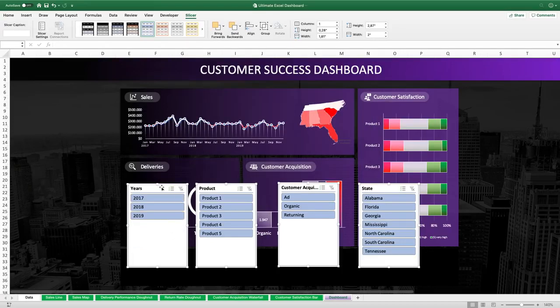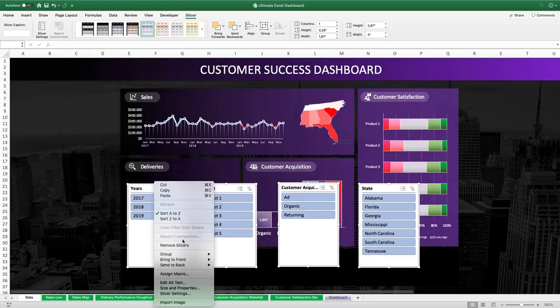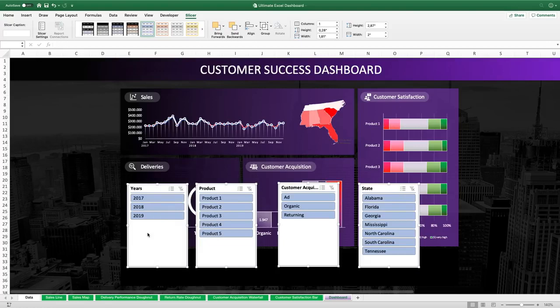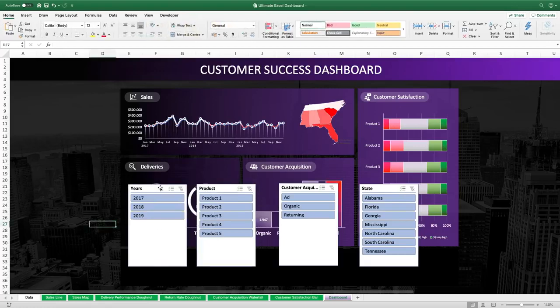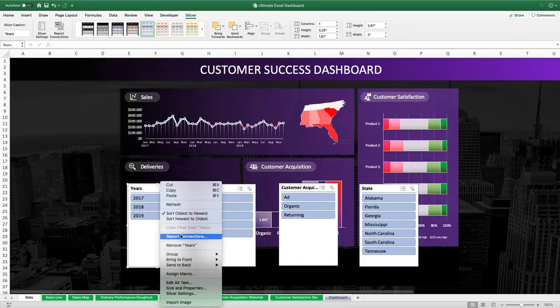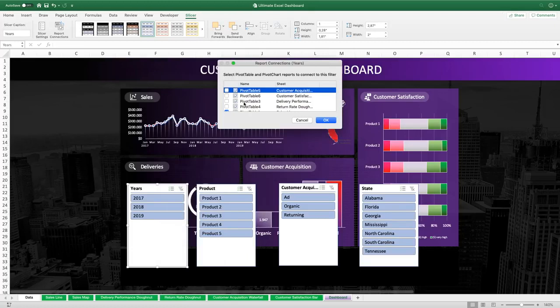And now that we have all 4 slicers selected, let's connect them to all the other pivot charts, because currently they are only connected to our fancy line chart up there. And we have to click on Report Connections. Oh, okay, it seems like we cannot do that for all 4 at once, so we have to do it slicer by slicer. We right click on the first one and go to Report Connections,